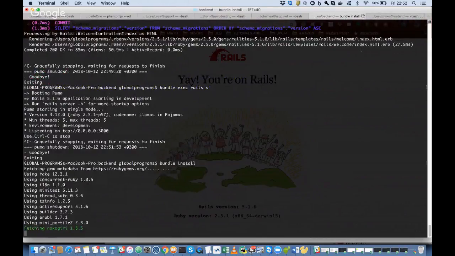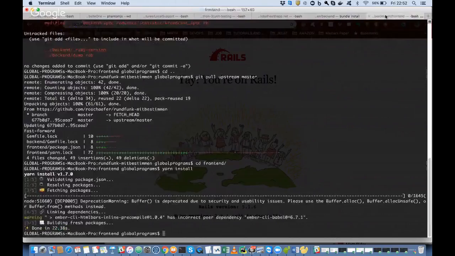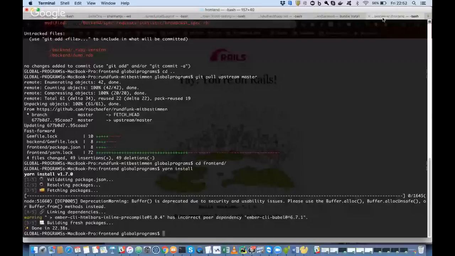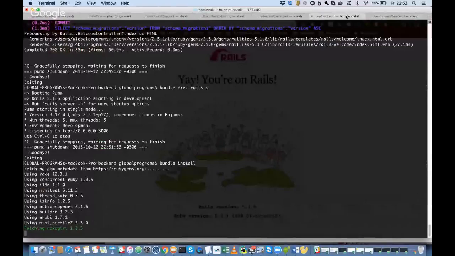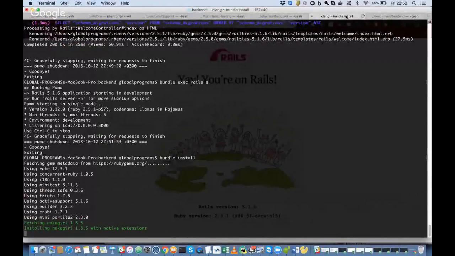Nokogiri. You might be able to try starting the front end, like I don't think you should have to wait till that gets done, because starting the front end takes longer than starting the back end anyway, because it needs to build.